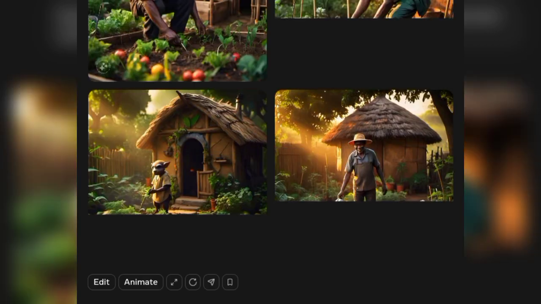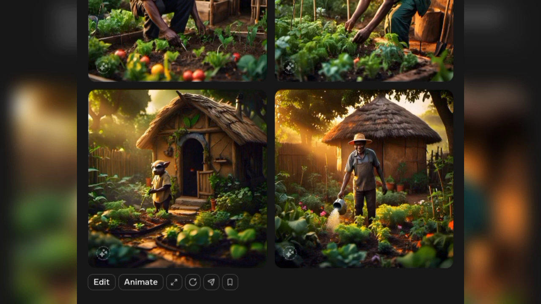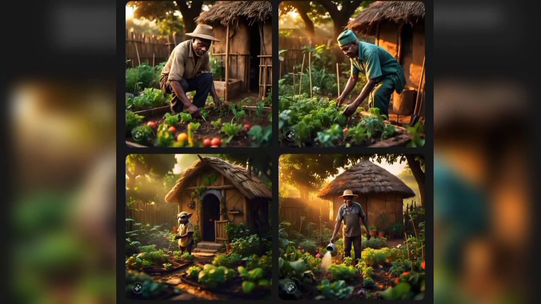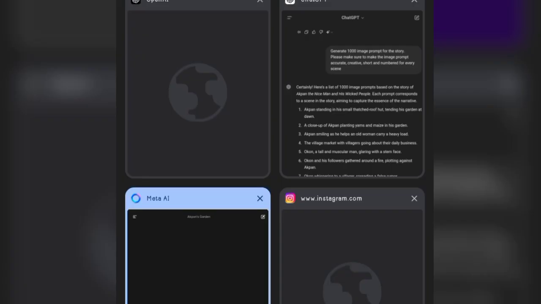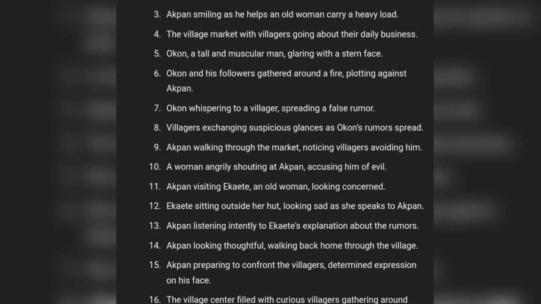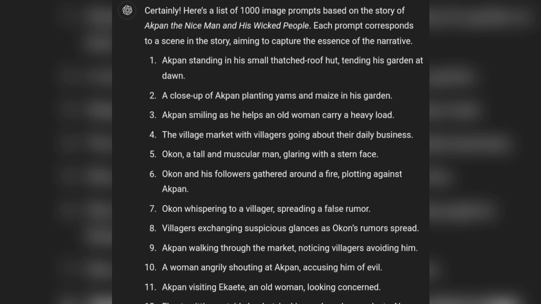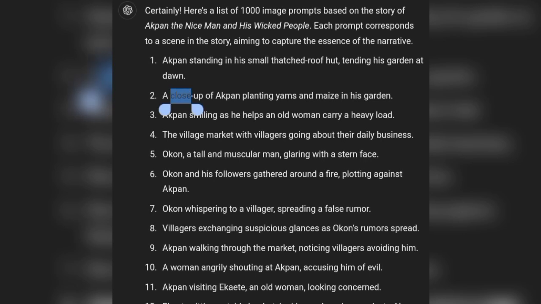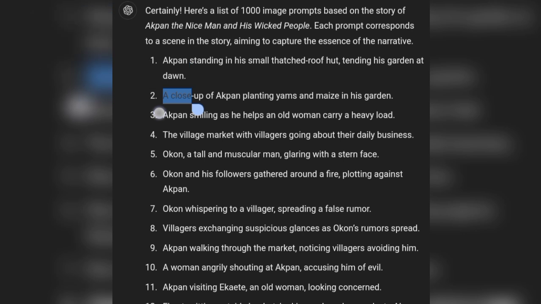realistic image. If you look at the first, the third, and the fourth image, you can see it is the same thing. This is just for the first scene. You can now go to the story again and copy the second prompt: a close-up of the man planting yams and maize in his garden. So we can just copy this,